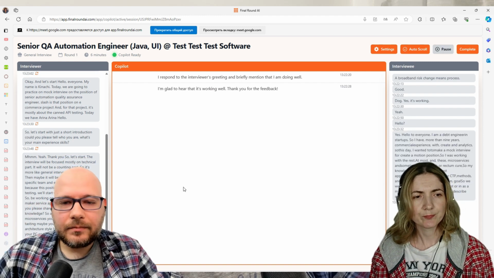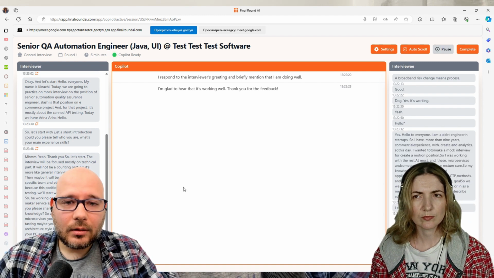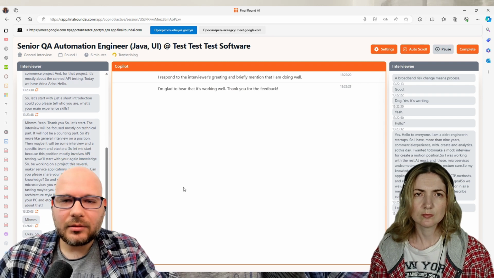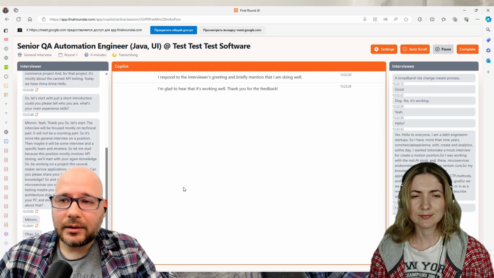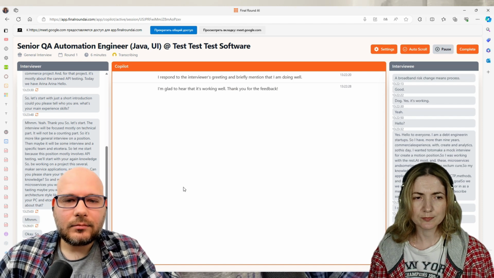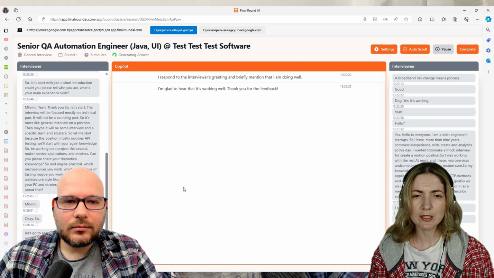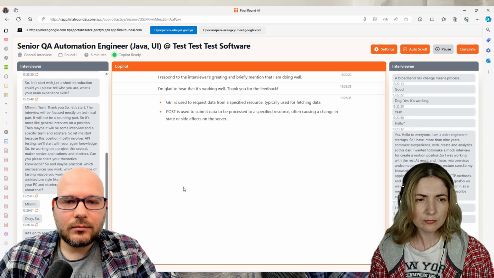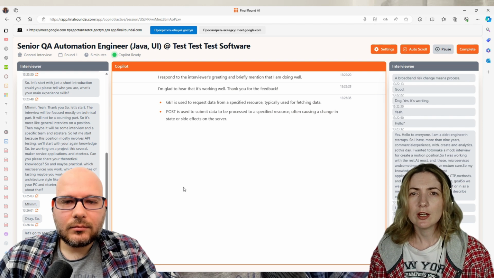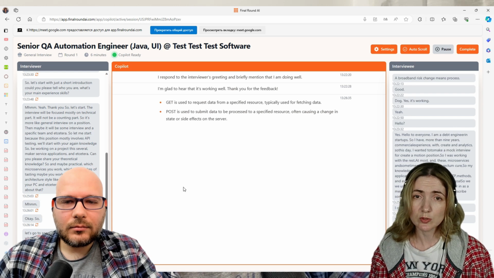Okay, so let's go to some other topics. For example, when we are working with REST, there are a lot of HTTP methods that we are using. Can you name, for example, the difference between GET and POST? So the GET method only requests data from a specified resource, and the POST method is mostly used to submit data to the resource.